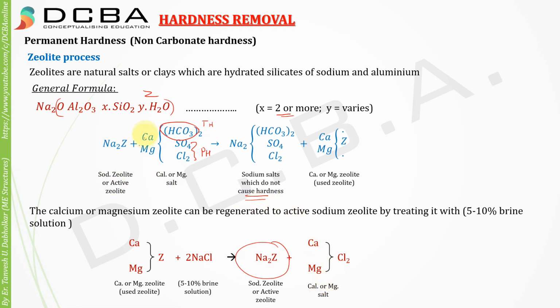So after your water has been treated, and you received the softened water, your zeolite here is spent. So you need this zeolite back again. So you can pass water through that. You can pass brine solution through it. You will regenerate your zeolite, correct, and that water will have this calcium or magnesium salt, but we don't care because it is anyways brine solution. So it is going to go out, but while going out it is going to regenerate your zeolite.